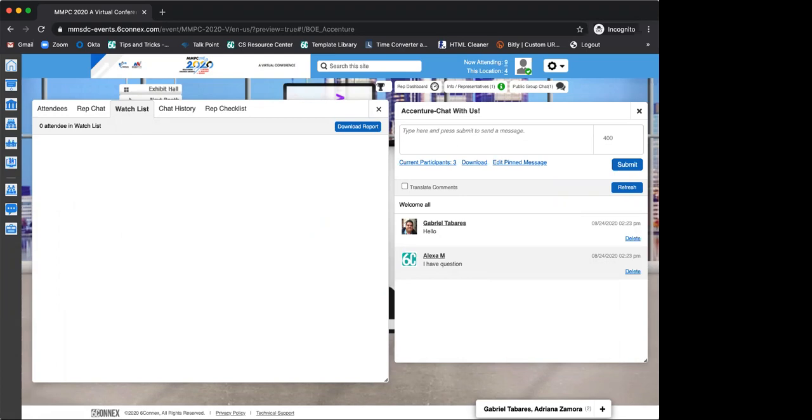Will there be an app we can have on our phone for the booth and chat? If you mean like having something attached, you can open the event on your phone. If your phone has the capacity, it will open on your phone and you will be able to see it from there. Okay, now that might look tiny, but yes, you're going to be able to.